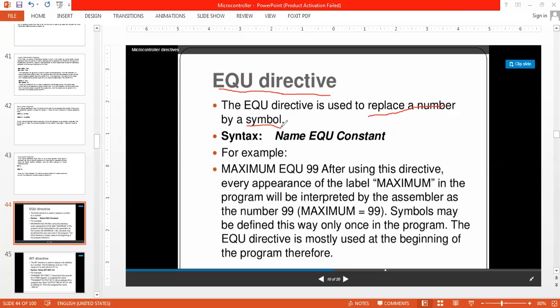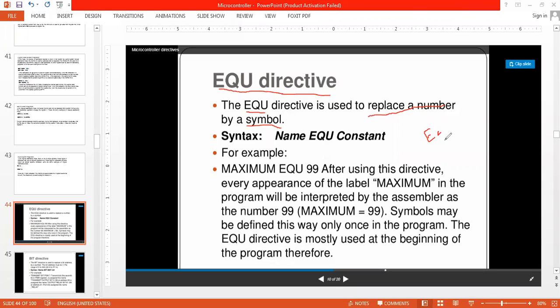It means we are giving a name to one of the numbers, and that name is going to be a constant number. So if I want to assign a constant number to any name, to any label, then EQU is utilized.